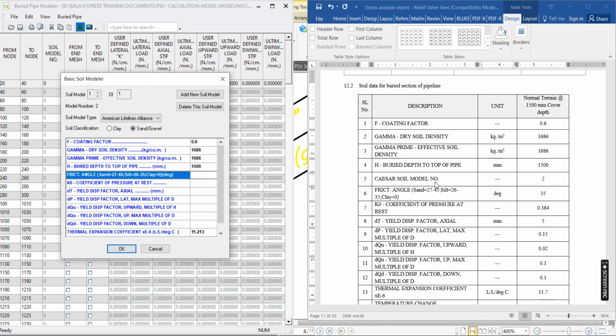CAESAR model number, they have not given. So CAESAR model number is 2 only, here we have given already. Okay. And the friction angle is 35 degree. And then K0, coefficient of pressure at rest,